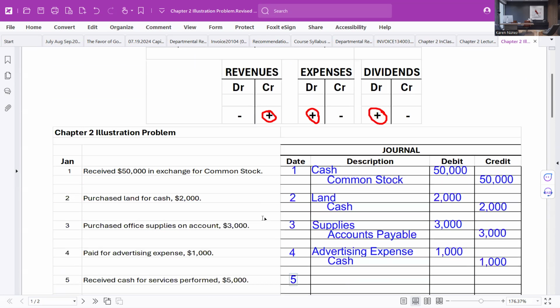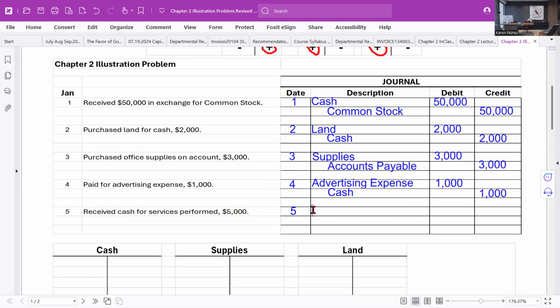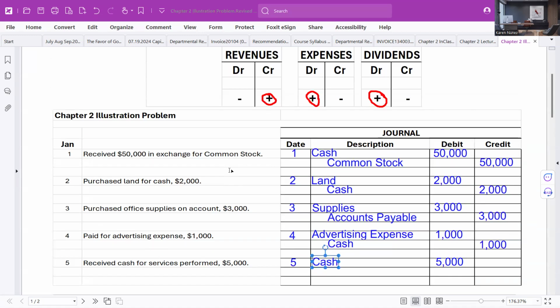By debiting the account that we call cash. We're going to debit that cash account for $5,000. And that's a debit to the cash account for $5,000. And then we also have to recognize that we've received this cash because we performed services, right? That's revenue. We've performed services and we've got to recognize that revenue, those fees that we've earned, and revenue is